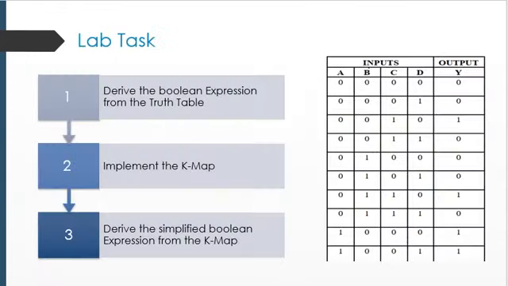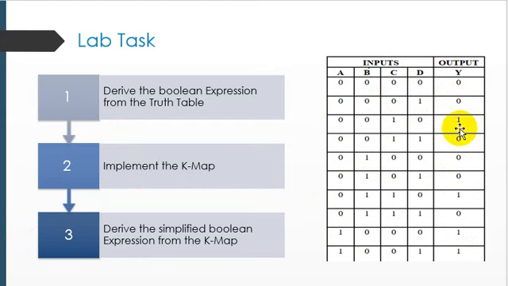After the understanding of each and every variable K-map, I suppose that you will perform your lab task in a very good manner. The first thing is you have a truth table, and you are supposed to derive the Boolean expression from the truth table. As we have discussed earlier, we just need to identify where the 1 is, and for the 1 we just need to write down the equation of the inputs.